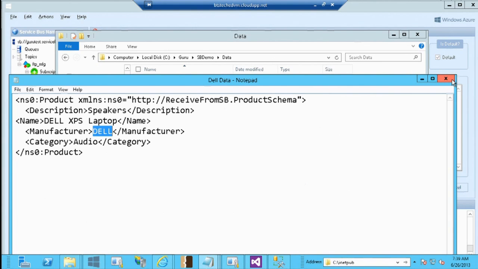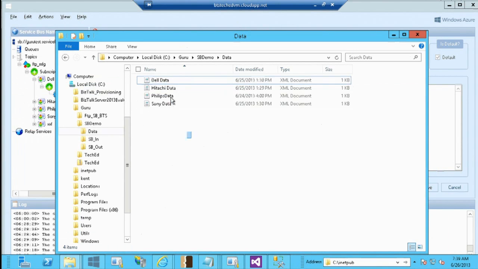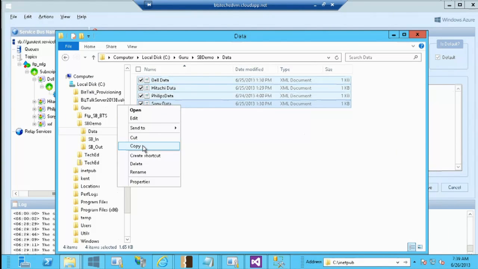The same concept works in Service Bus also. That means whatever property BizTalk promotes, Service Bus will honor that. So Service Bus will see that incoming value as Dell and say, I'm going to put it into the Dell queue, right? So think of this as 2 different partners: one is sending in data and it stores in Service Bus, and then there is another downstream application, which in this case is also BizTalk, which is receiving from that and sending it to a downstream system. So these are 2 parts.